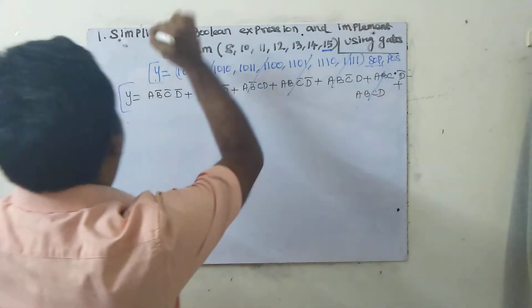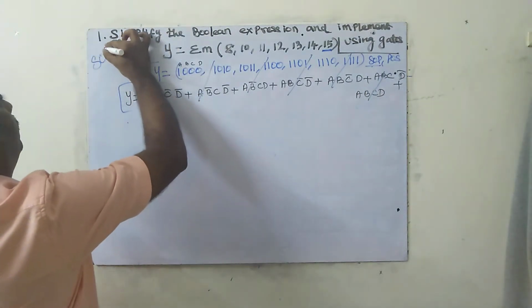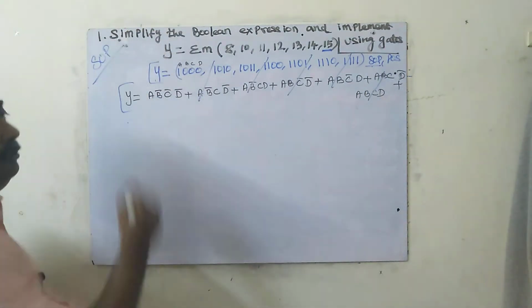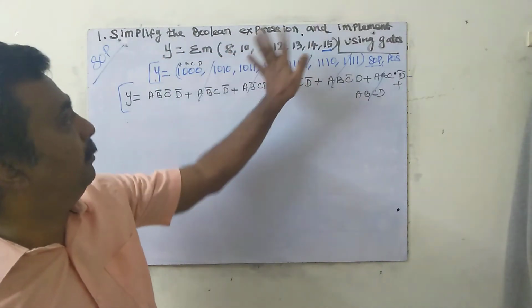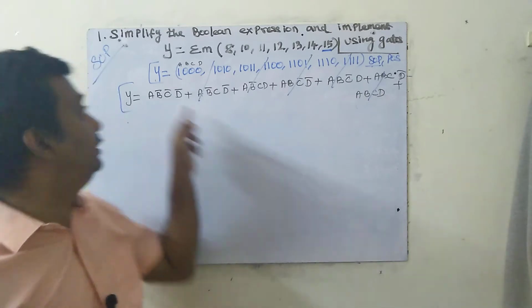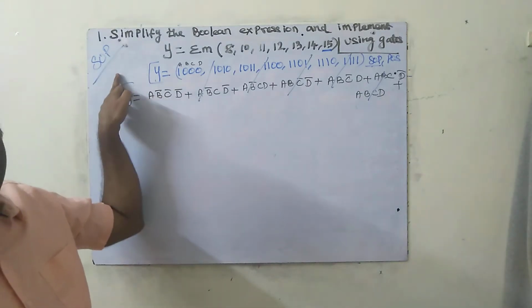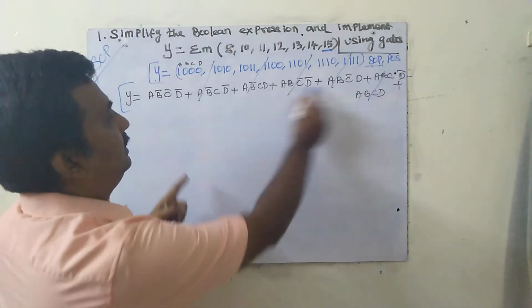Now I am going to look at this title itself. This is the SOP form, the SOP method. This is the main thing. We are going to solve by this SOP method, because if they have said simplify the Boolean expression, just like I have given, then we have to solve by only which method? The SOP method, sum of product. Sum of product means this is the sum of product method.